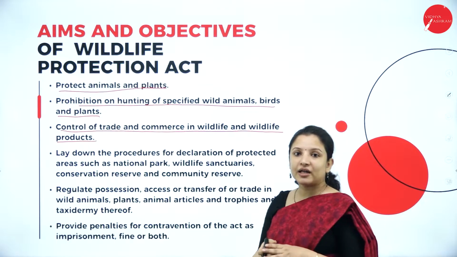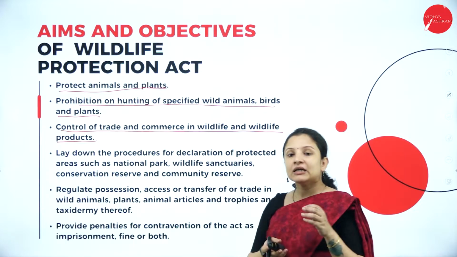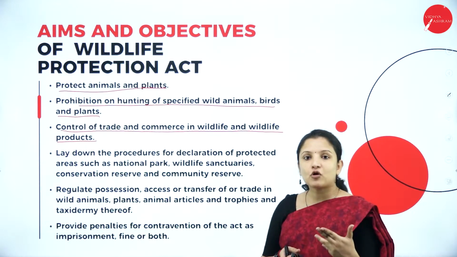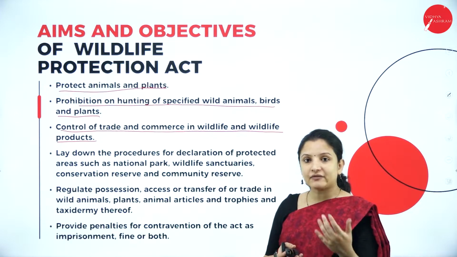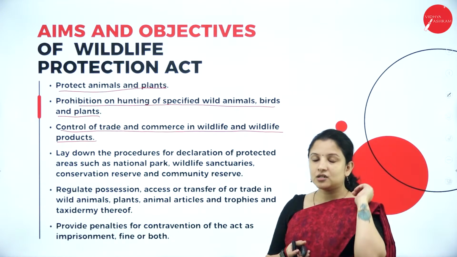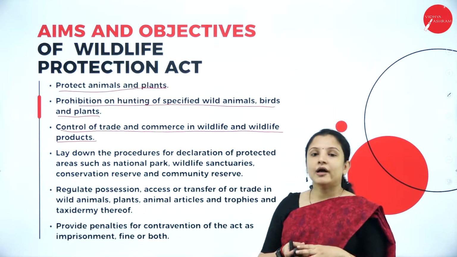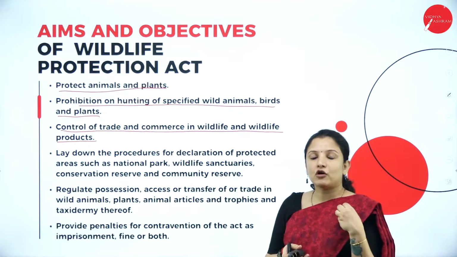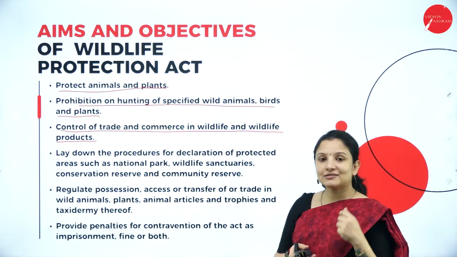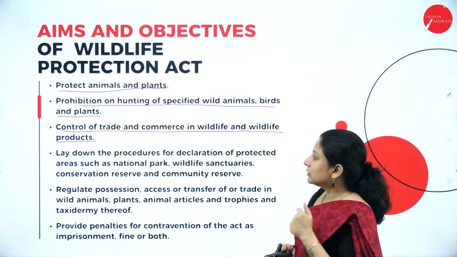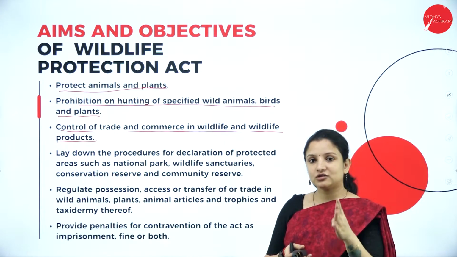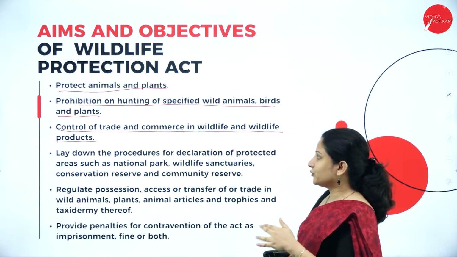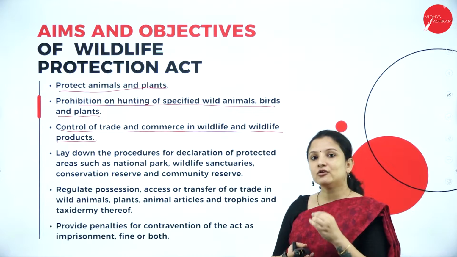So people are crazy over wildlife products, right? It means that there's something great if they have some natural wildlife product in their house. Say for example, if they have the tiger's claws, if they have the antlers of the deer, and if they have a stuffed animal in their house, they feel somewhat of a pride, but actually it is against the rules and regulations. So therefore, the Wildlife Protection Act tries to put a control over the trade and commerce.